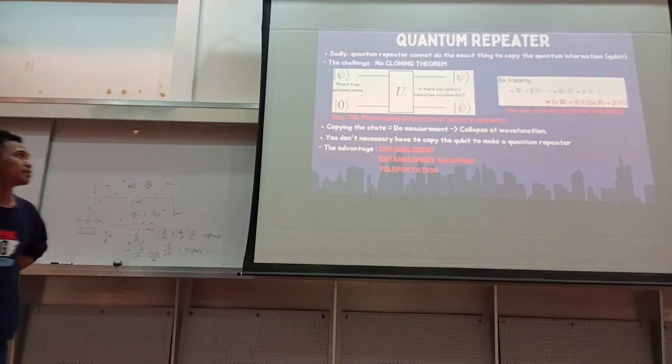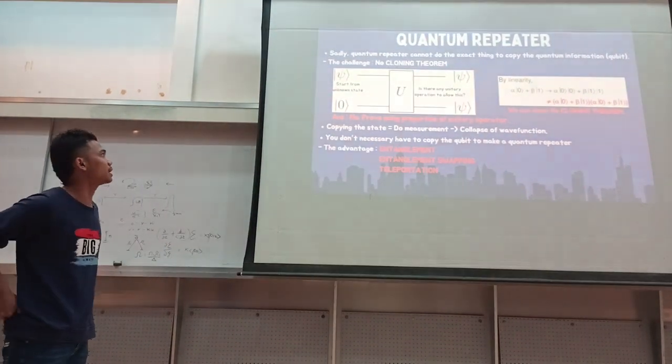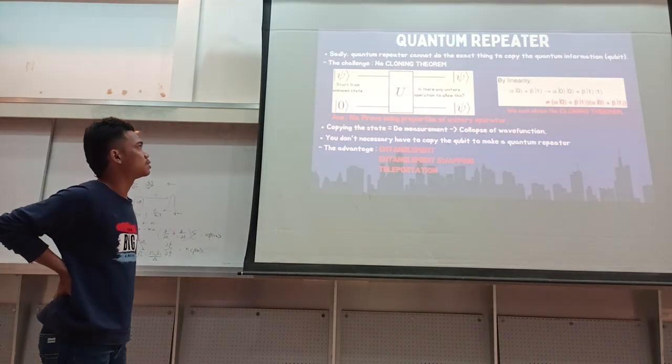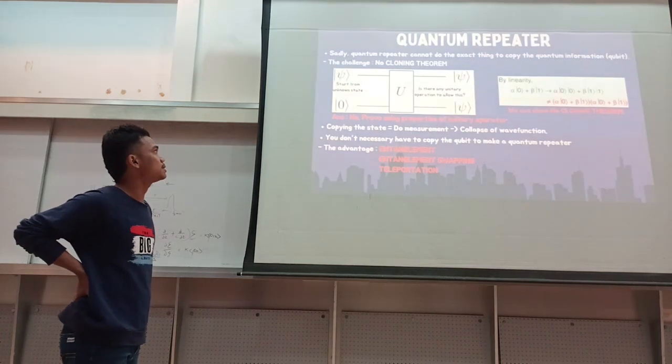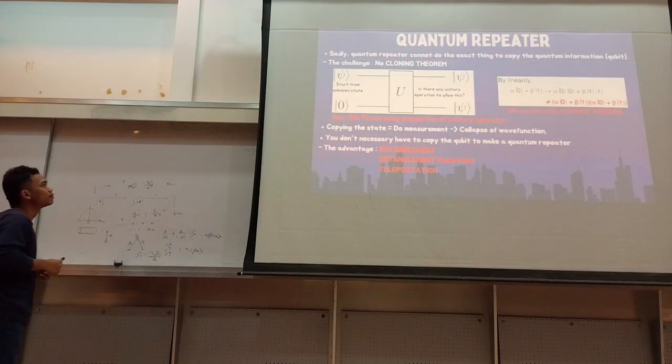So what is the no-cloning theorem actually? Let's suppose we have this phi. We start from an unknown state. So phi, you can express it as a superposition of 0 and 1 basically. And then basically the idea is you want to have